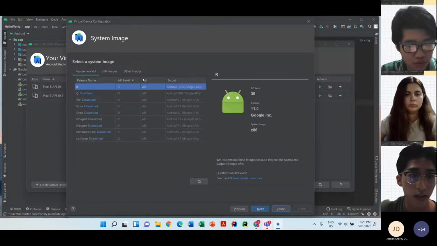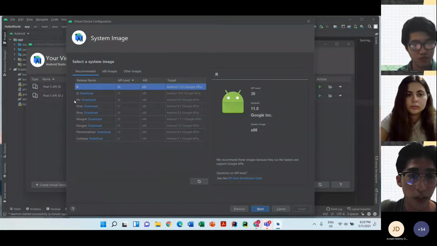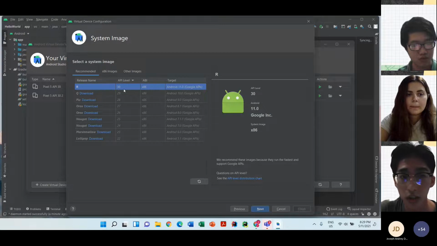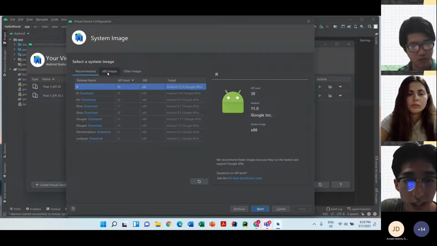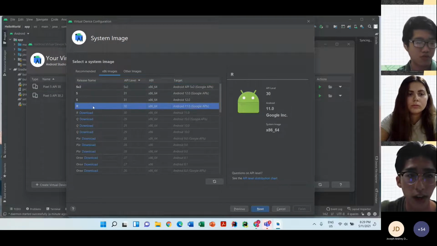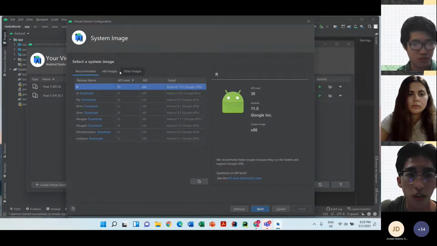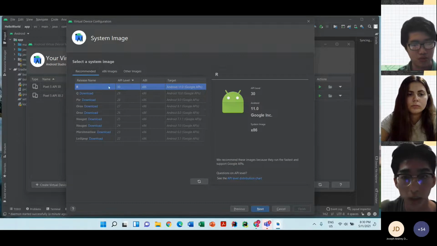Here we'll be downloading the system image, and I'll be downloading the latest version, which is R. When you click this, it will start to download. Because I have downloaded already, yeah. For you guys, you just click and it will start to download. For the x86 image, you also need to use R here. So click R, and for the other image you also choose R. For all of these you must choose the same API level, or else you can't run your application.